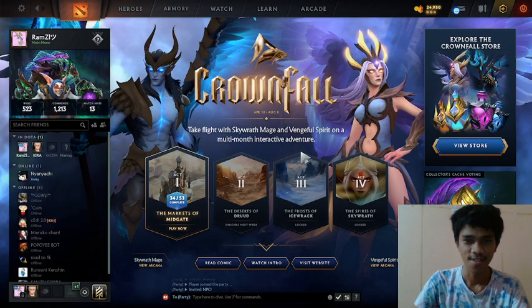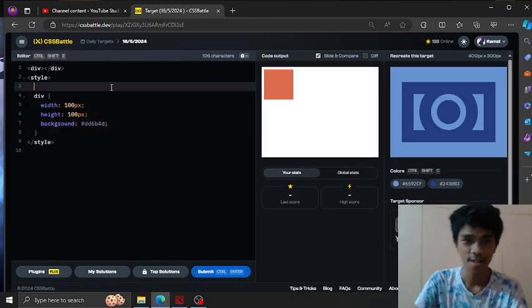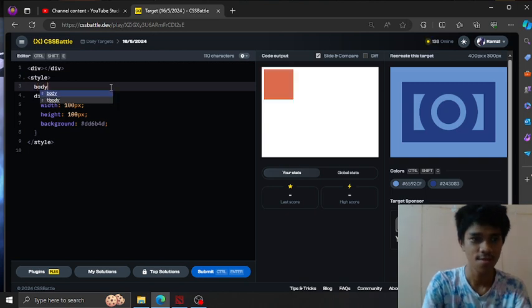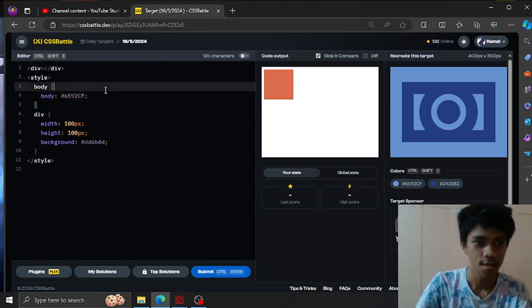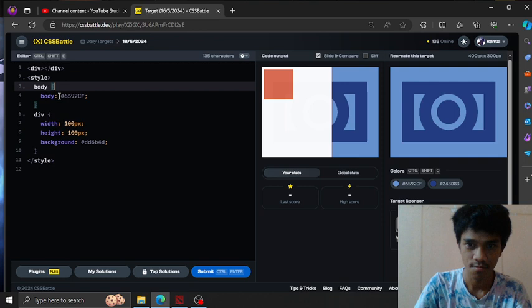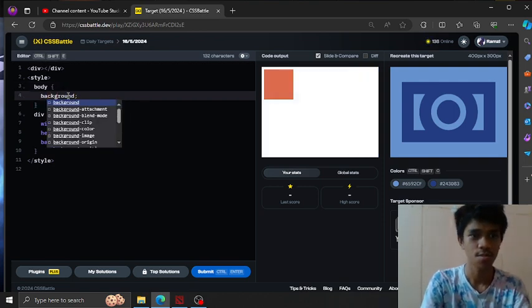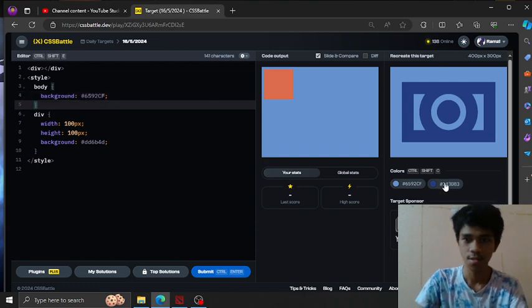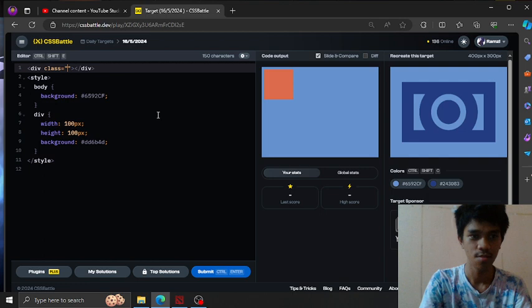Yeah, this one. Okay, for starters, let's create the background. Okay, body. Why isn't it applying? Oh, okay, background. Then let's create this box or this rectangle, this frame. Let's name this frame.